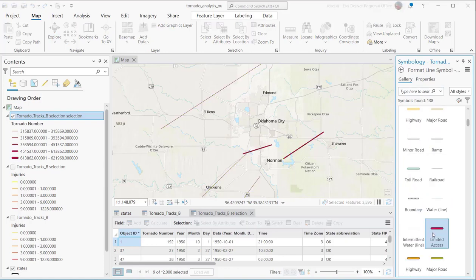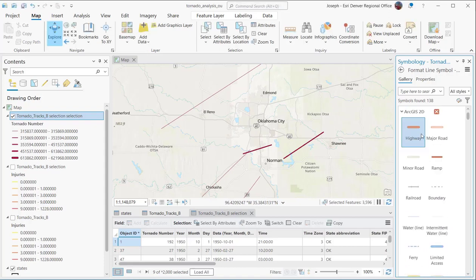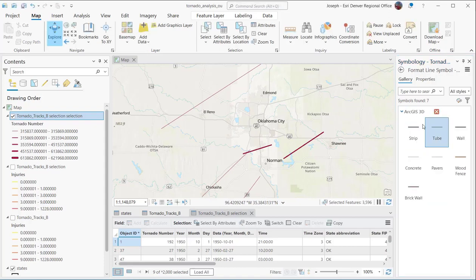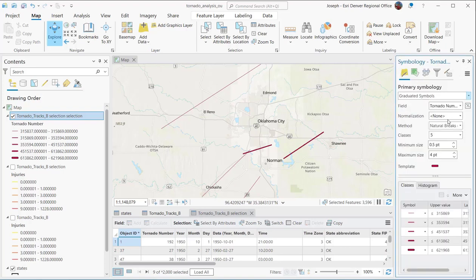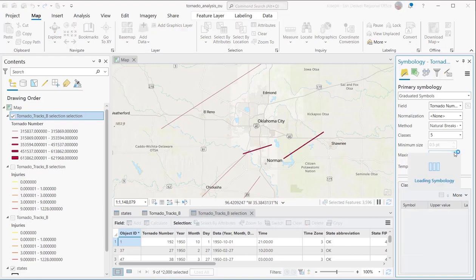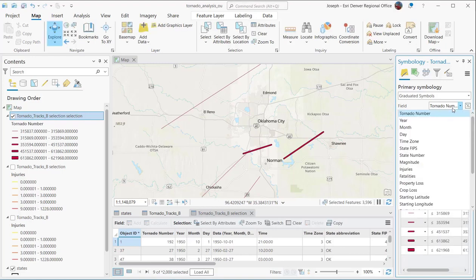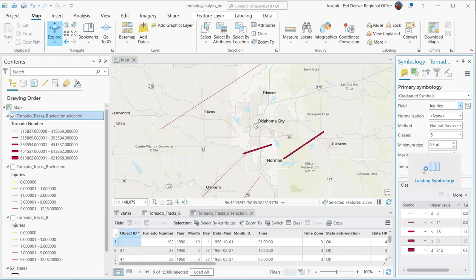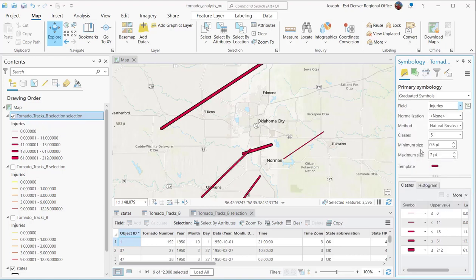Notice you've got a lot of symbols at your fingertips: point, line, and polygon, raster symbols as well, and you can also import your own 2D and 3D symbols. Okay, and you can also customize these. So, okay, let's go with the range, minimum and maximum. Let's change the range a little bit so we can see that larger magnitude,